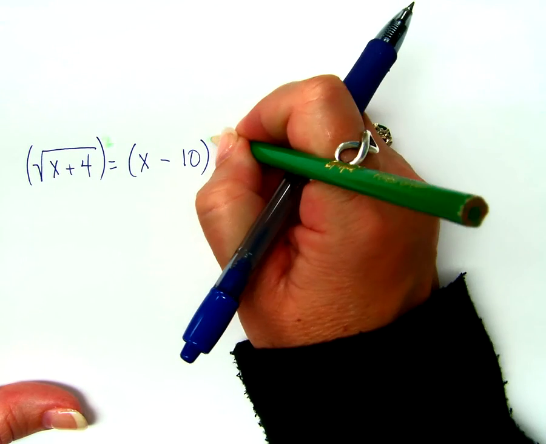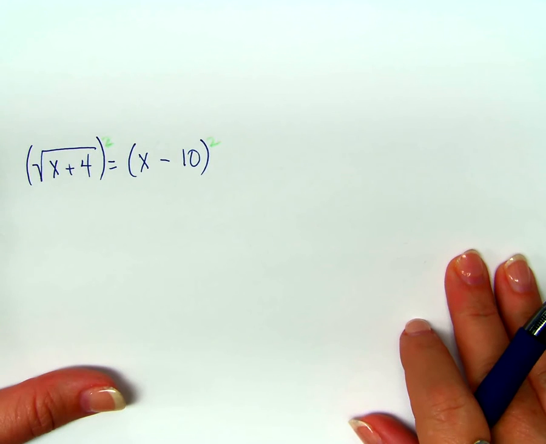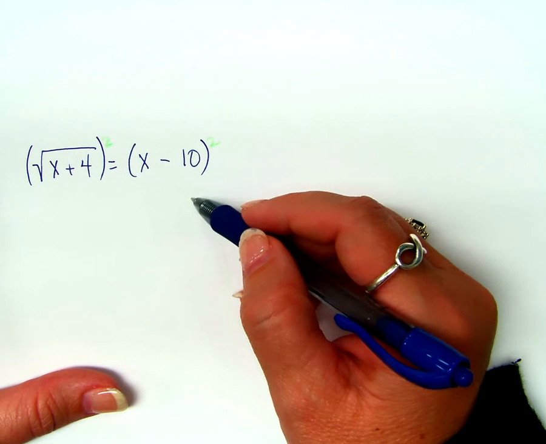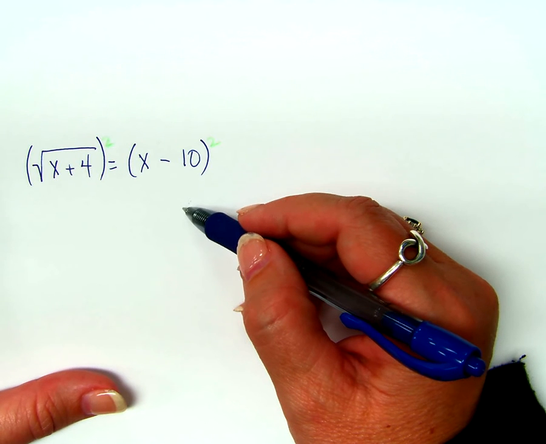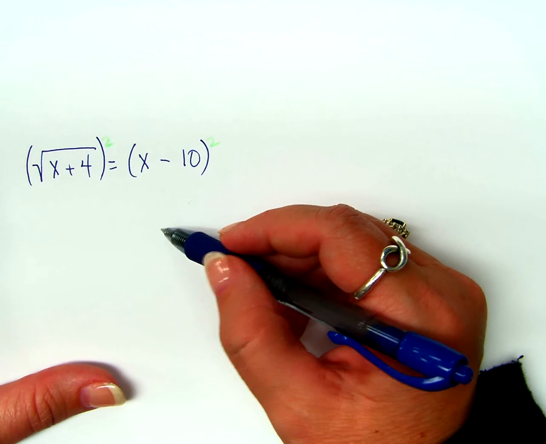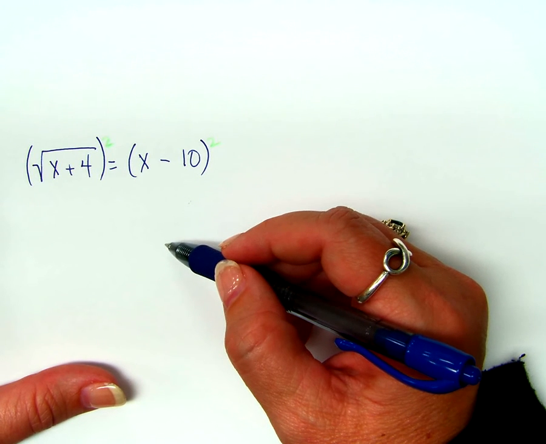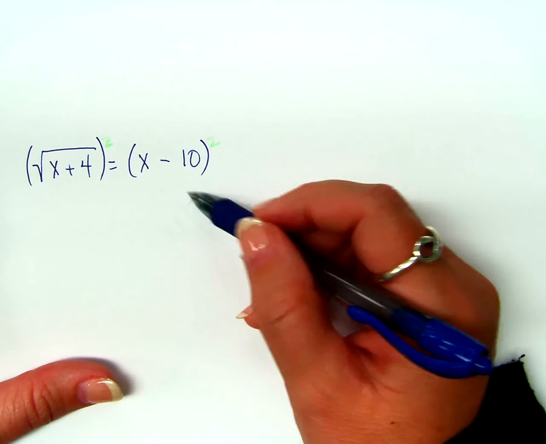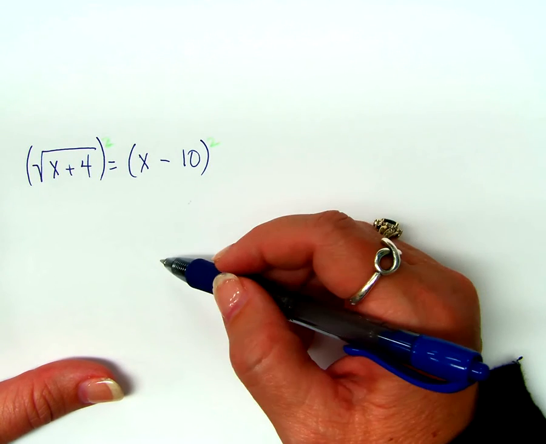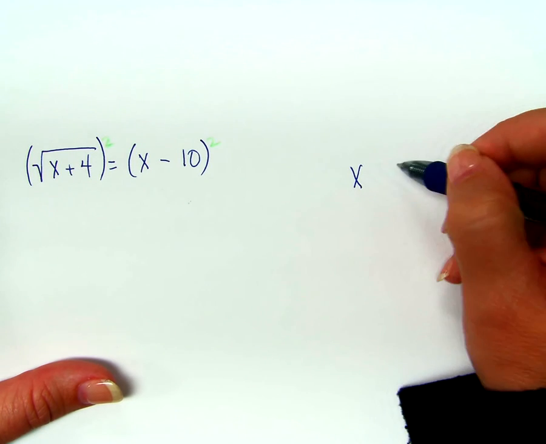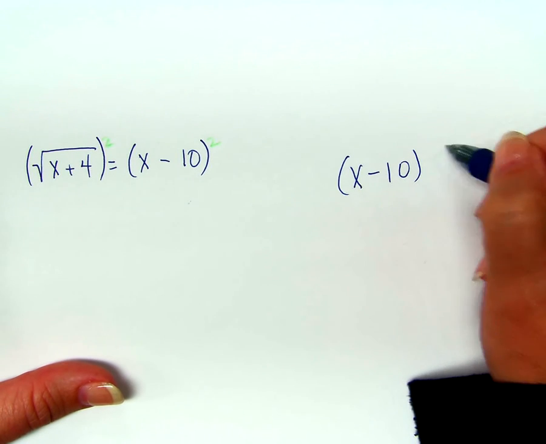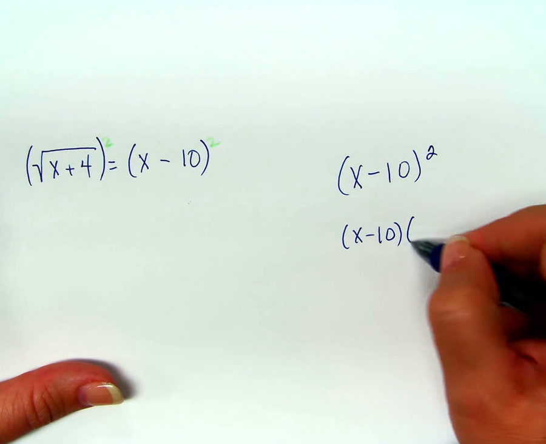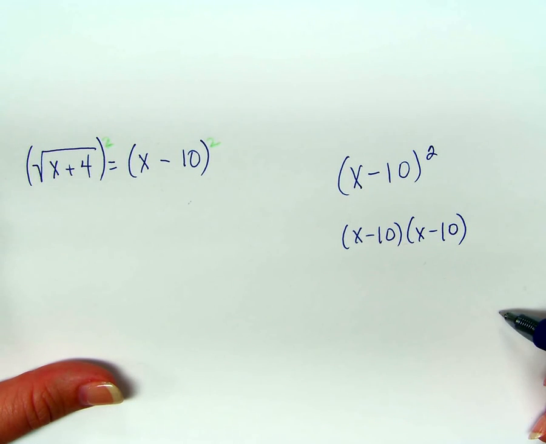What does it mean for something to be squared? So, is it alright if I just put x squared plus 100? I promise you, if you do that, you will get it wrong every time. That's not a threat, it's a promise. Mathematically, unless you just somehow get lucky and mess up somewhere else. But people have been doing that today, and so I want to make sure we understand that x minus 10 squared is the same as x minus 10 times x minus 10, which means we have to